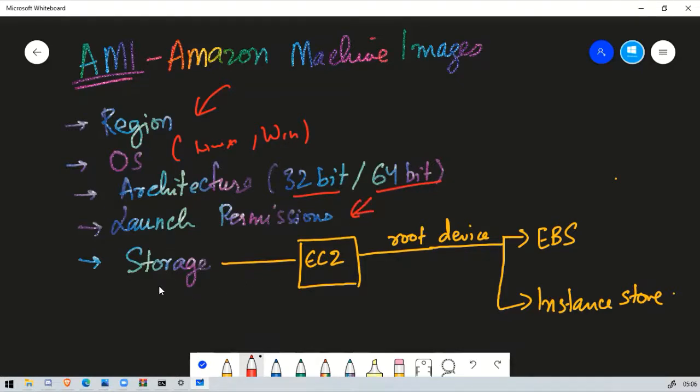We have storage volumes also. And storage for root devices of an instance basically means a virtual space where the system files are loaded. In this category, we have two volumes through which every instance is installed, either EBS or instance store.